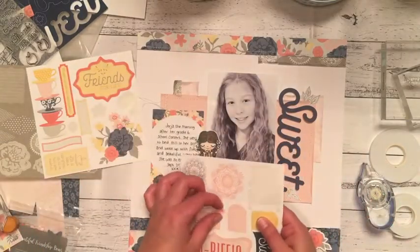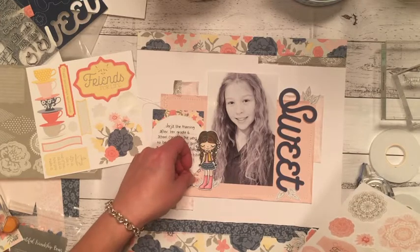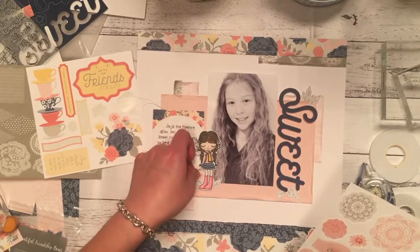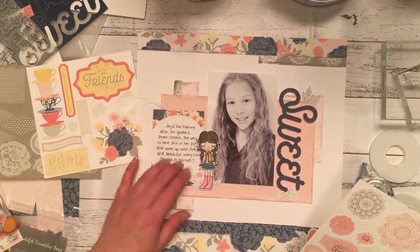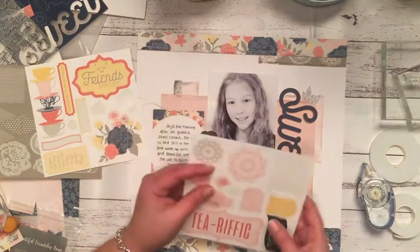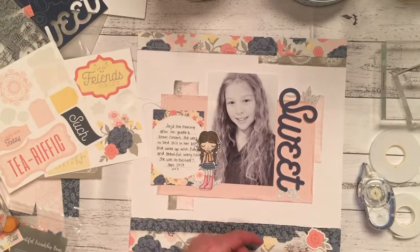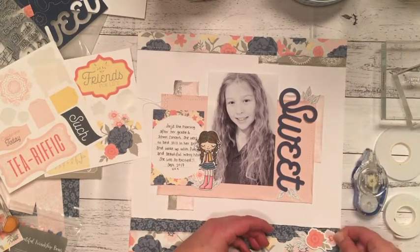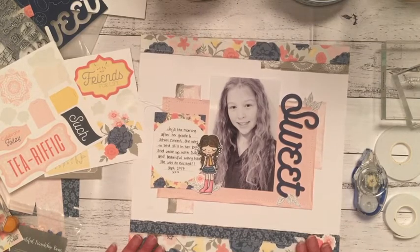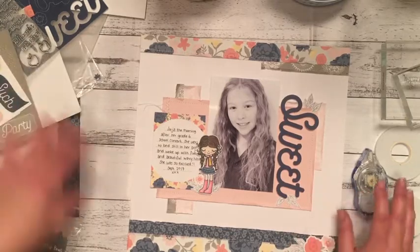Do I want to add a little flower maybe at her feet as well? Maybe this flower. Where is it? Yeah, I'll put that there. There we go. Okay, so I think that's